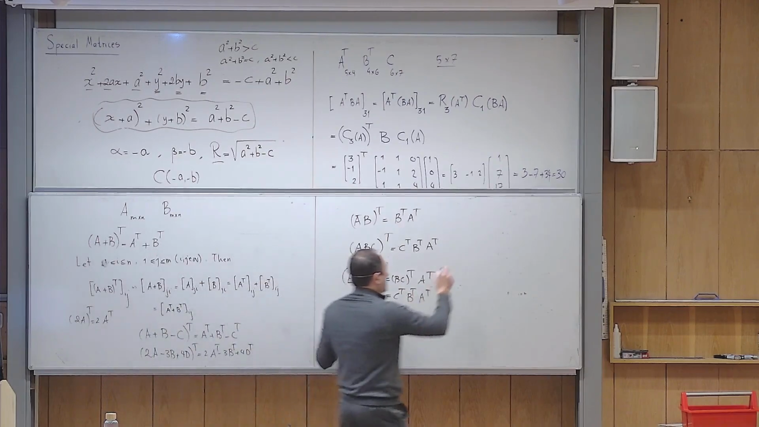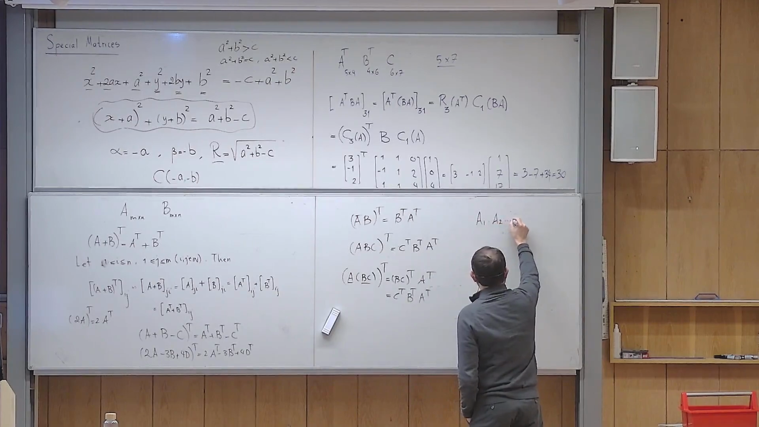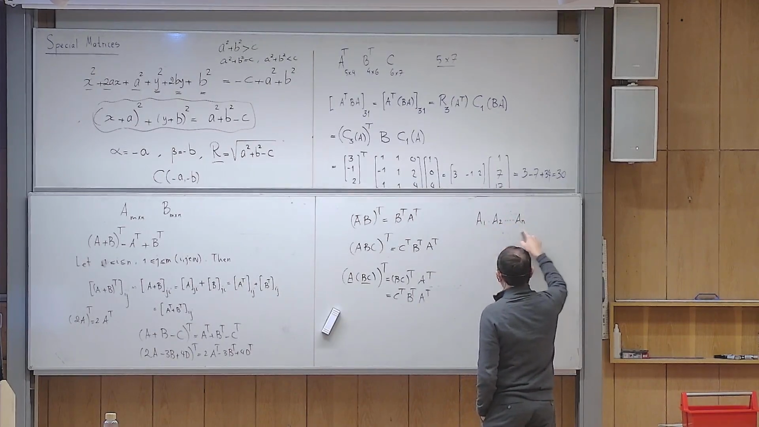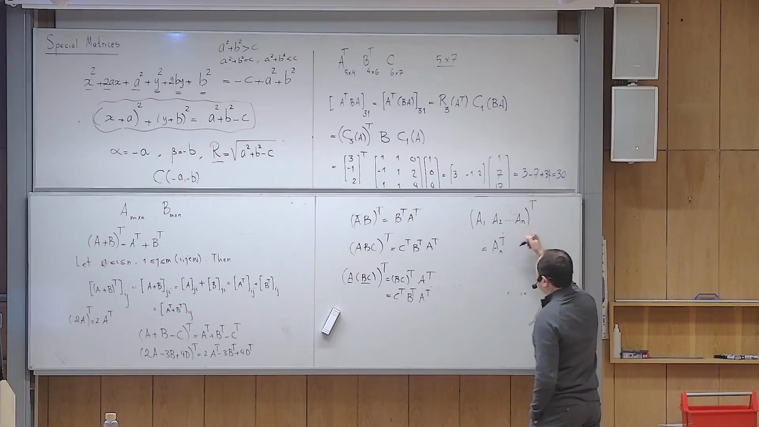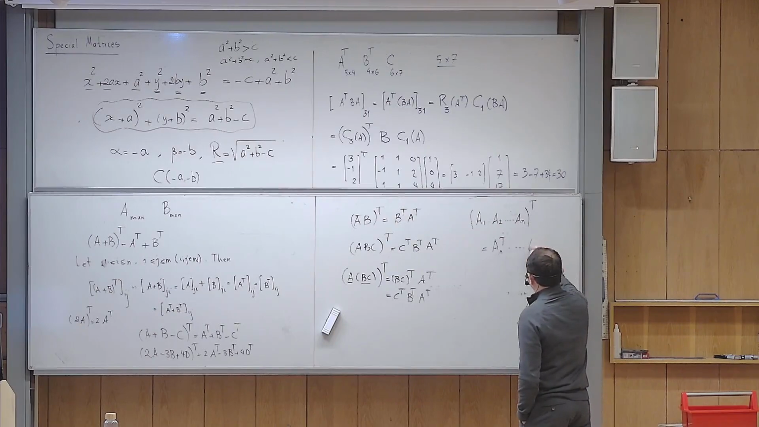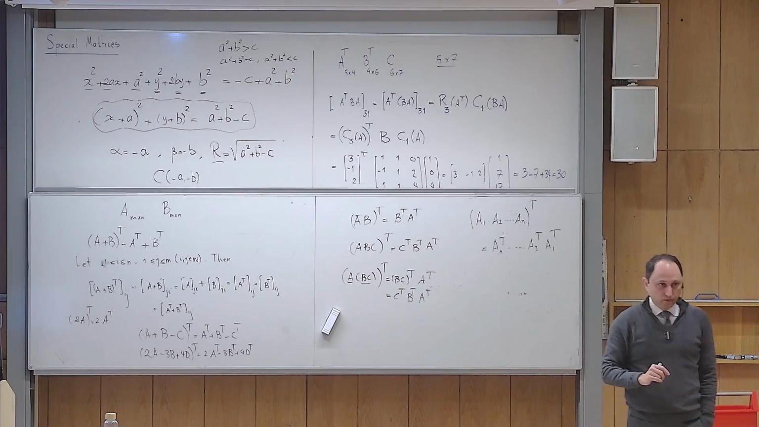So this means that if I have matrices A1, A2, up to AN multiplied, and I want to take the transpose, this becomes AN transpose, the last one first, and then you can continue this. So you can do that, but in the reverse order. Okay, now